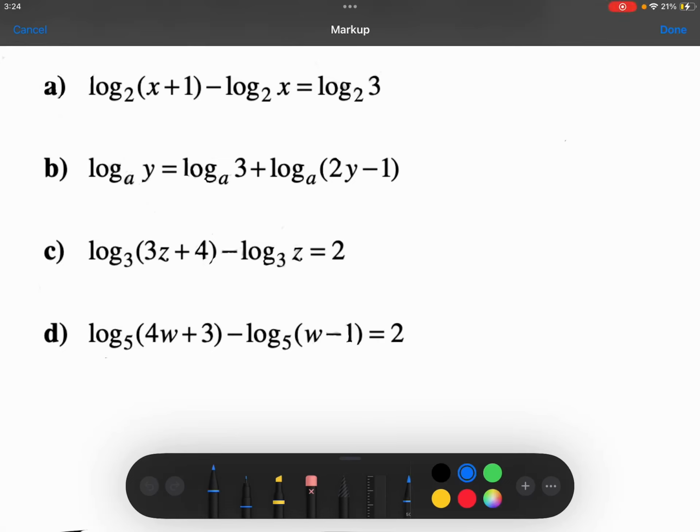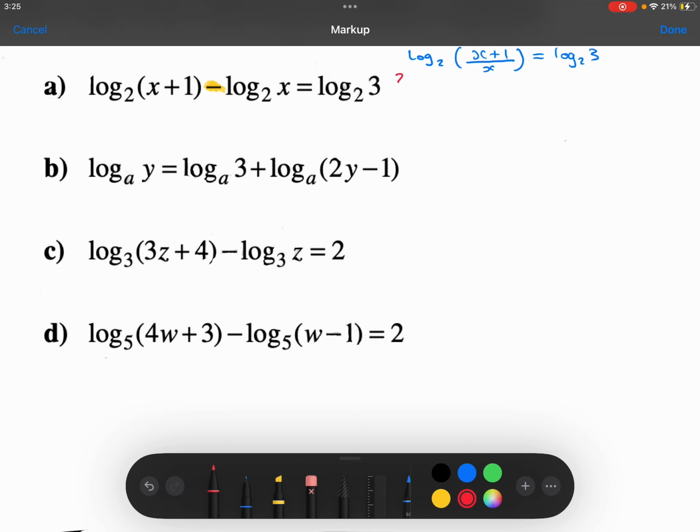Part A. We're first going to use the division law to collect together the logarithms on the left-hand side. So I'm going to rewrite the left-hand side as log base 2 of x plus 1 divided by x. We're now in a position where we've got log base 2 on both sides of the equation with nothing else involved,